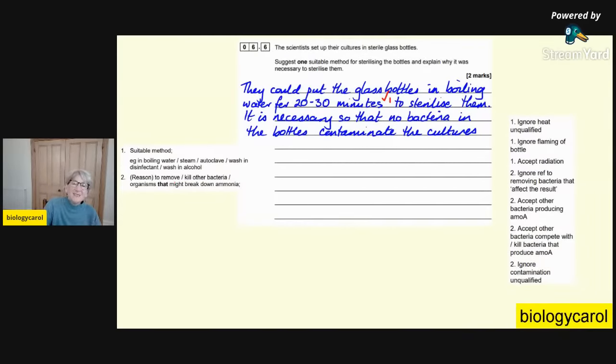Because I didn't really say that they were removed. I really should have said they were killed, because it kills, that was daft. And I also didn't extend my answer to say that it might break down the ammonia. I just don't think I'd ever have done it. So, hey ho, just